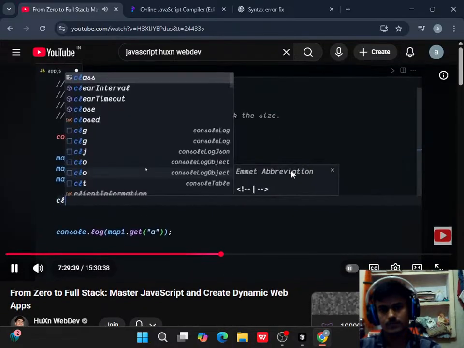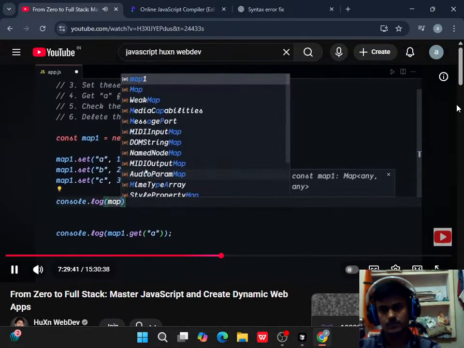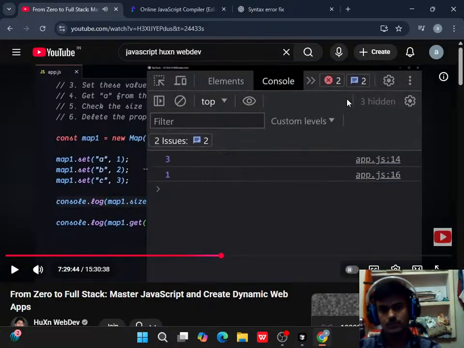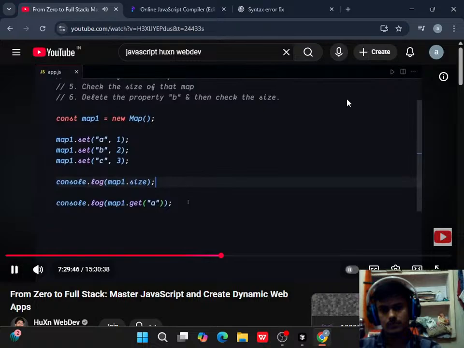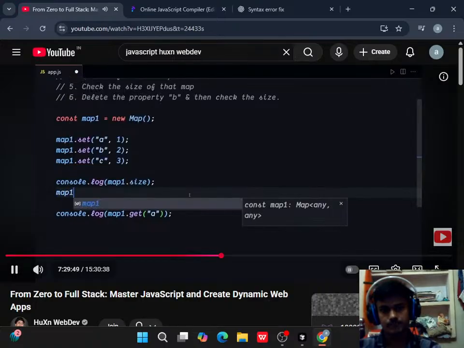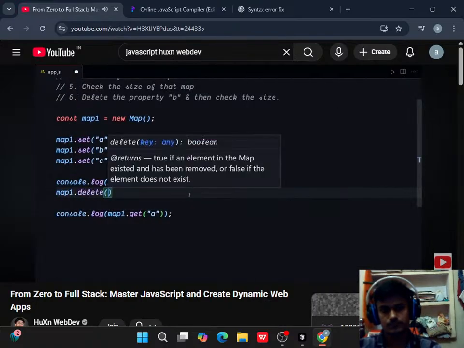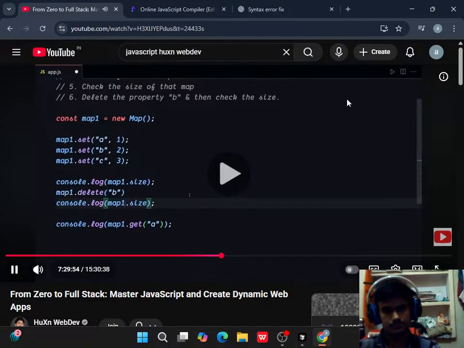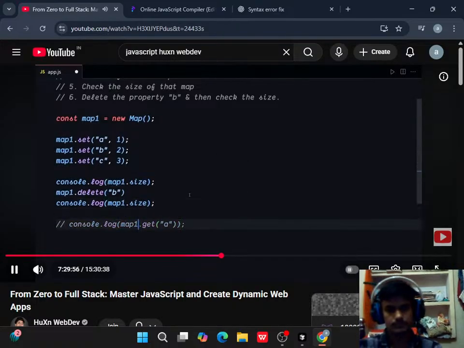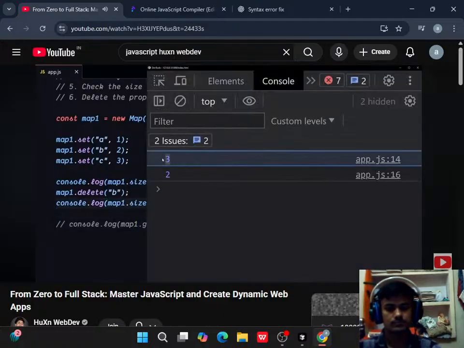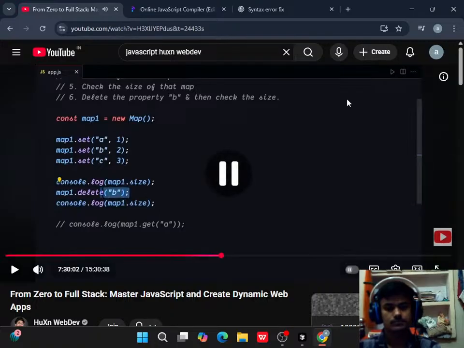Okay, we also have to check the size, so I'm going to write map1.size. And now if you save that, here you can see it will now show just 1. And now let me delete one item from that map. So I'm going to use map1.delete, and I'm going to delete this B right here. And I'm also going to check out the size of that. So I'm going to comment this line out, and now if you save there, first of all it will give us 3, and once we remove the second, like the B